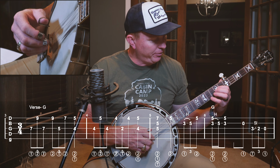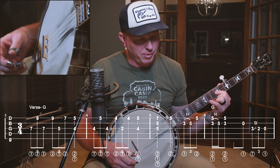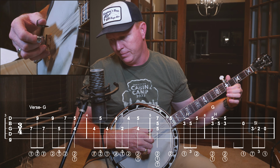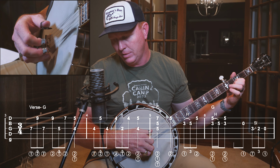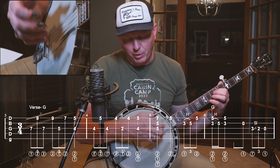Measure 3. We're going to grab this G double stop here. Where's the melody at? It's up here. Look at the melody. It's on the first string. Okay, so we're going to add some harmonies beneath that for the most part, and we're going back and forth